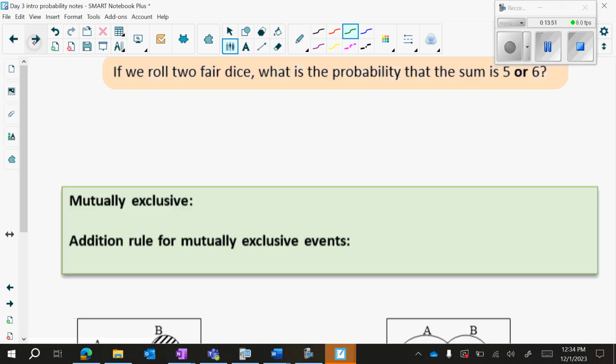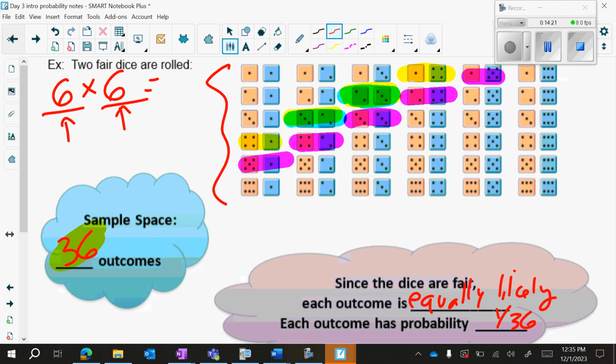So now, if you look ahead, it says, what is the probability of rolling a sum of a 5 or a 6? Okay, so here's one of the rules that we need to talk about. It's the word or. So what do you think? So first thing is I'm going to show you guys some notation. 5 or a 6 can be notated with this symbol. This is called a union. Union means or. And I'm hoping that you're going to think that the probability of getting a 5 was 4 out of 36, which was down this diagonal.